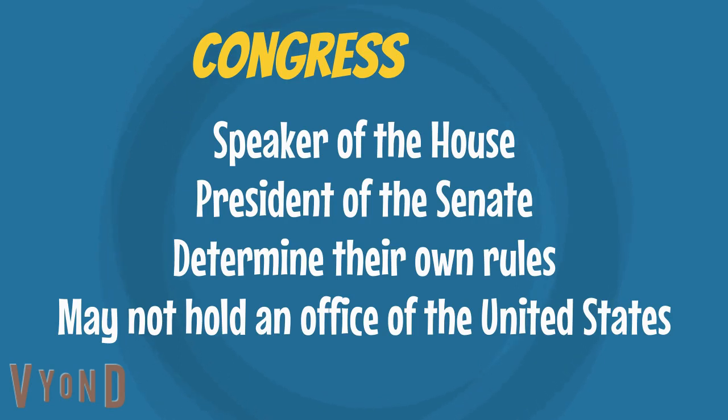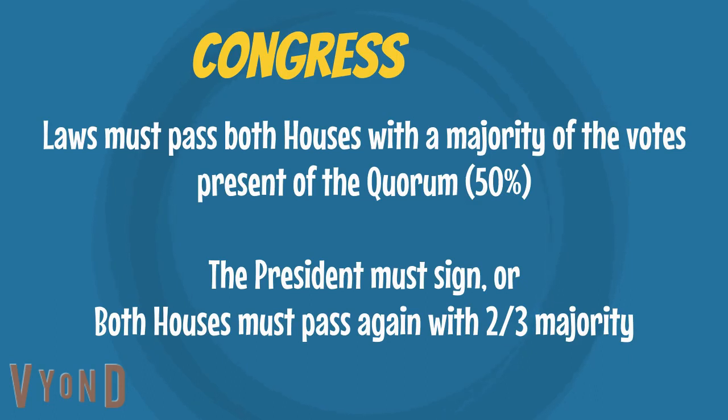Again, separation of powers. So to pass a law, that law has to pass both the Senate and the House with majority of the quorum. Not necessarily a majority of the members, but a majority of the quorum, which is 50%. So it never happens this way, but in technicality, something can pass with far fewer votes. You need half of the Senate to be there. You need 50 senators to be there. So theoretically, something could pass the Senate with 26 votes. That never happens. They always are all there. They always set it up so that everybody's there. And usually, if not everybody votes, close to everybody votes on everything.